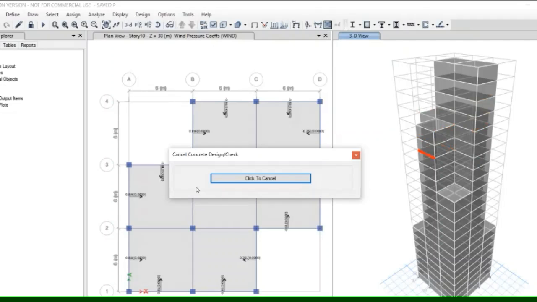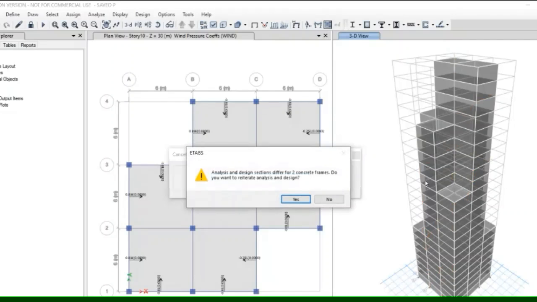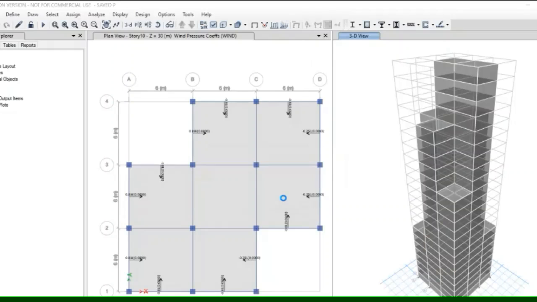Again design running, because some beams or columns may not be as per the defined. Again it is showing two beams or frames not as per. Then click on S and again analyzing and design automatically.